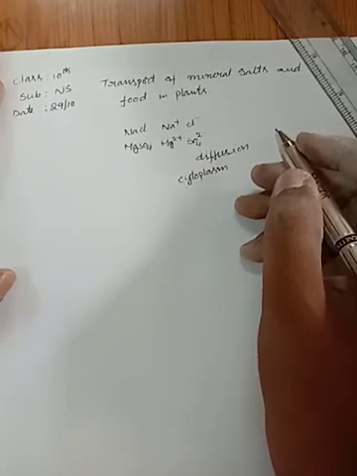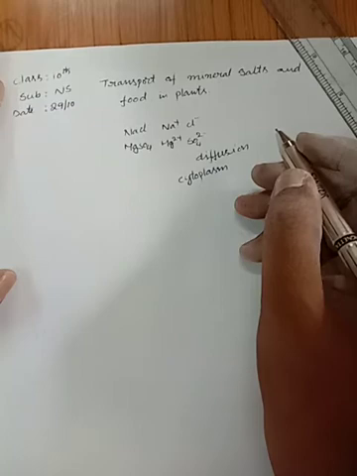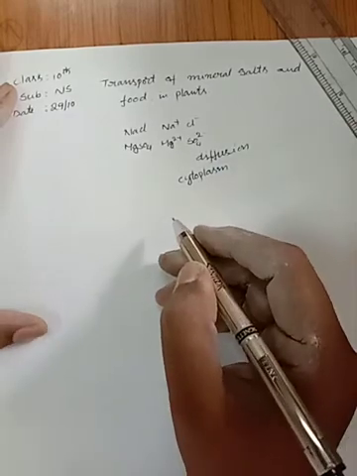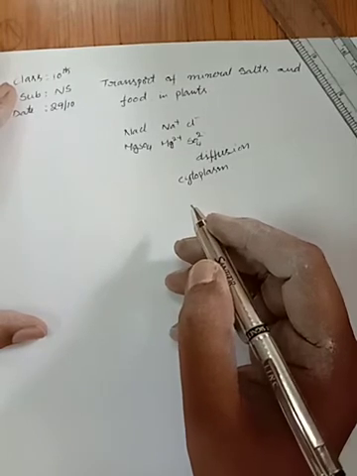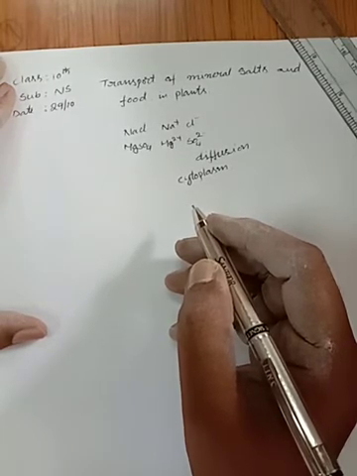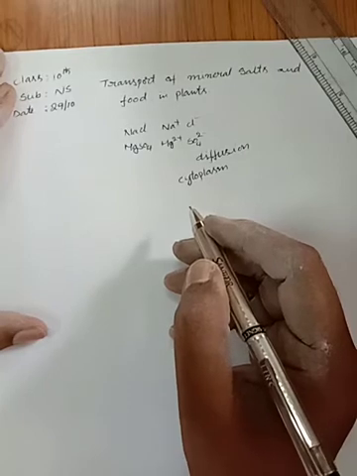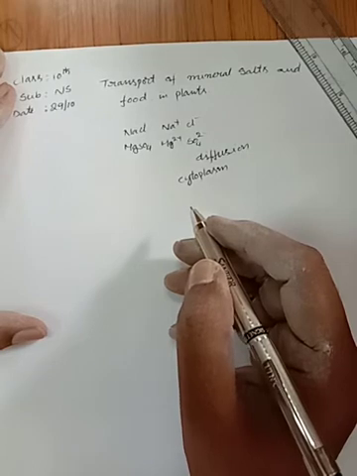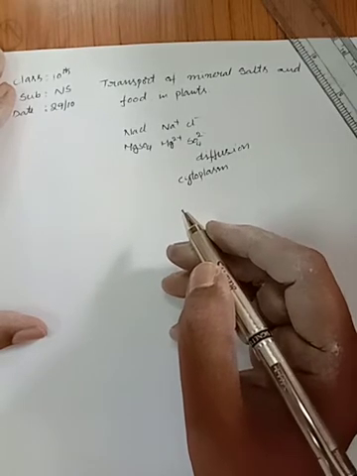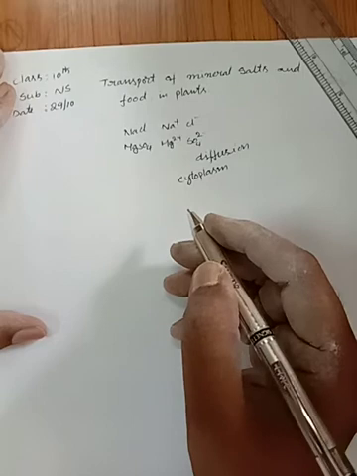Okay, children. Plants synthesize food material in the leaves. In the leaves, sugar is the food synthesized in the plants. So, leaves are known as the food factories of the world. Plants synthesize their own food material in the form of sugars in the leaves. Sugar is a simple carbohydrate.